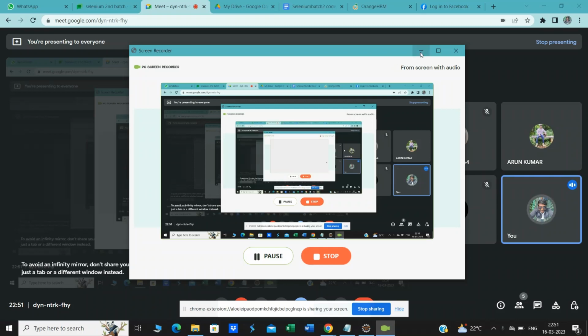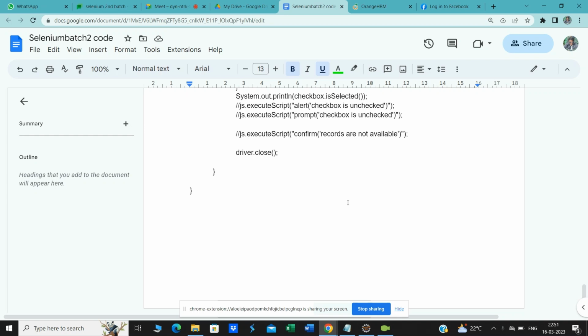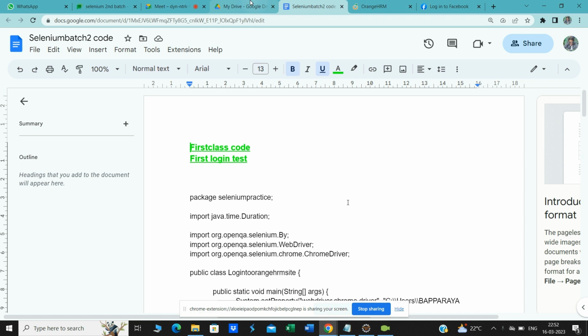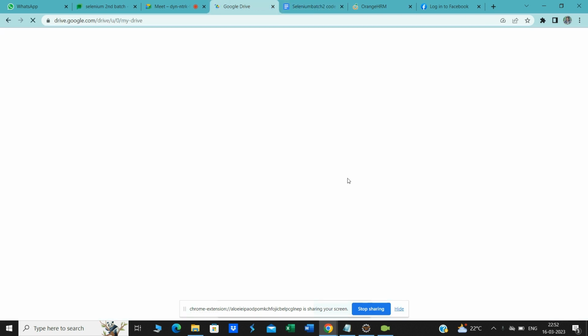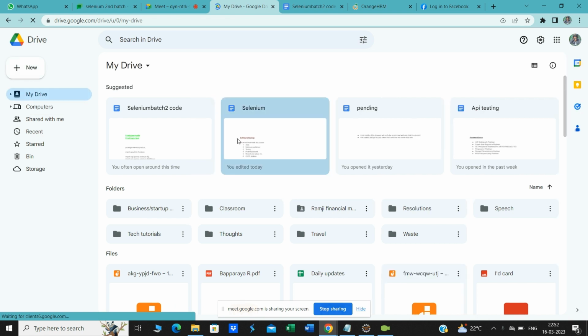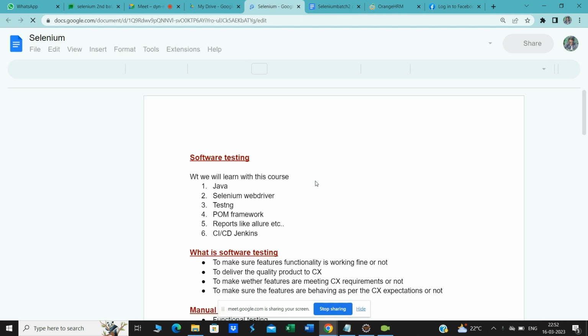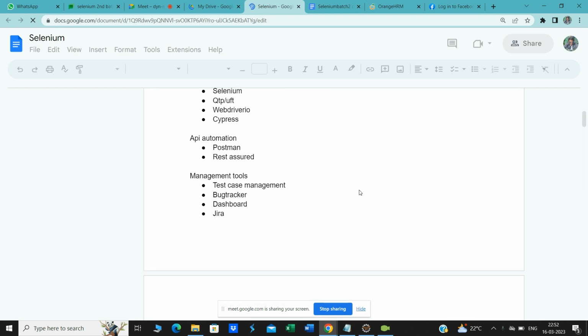So okay, Selenium basically provides some different kinds of locators. So this is my storage, it is available at batch one actually. I just try to open. Oh, this is the document. So if you go to this document, so here